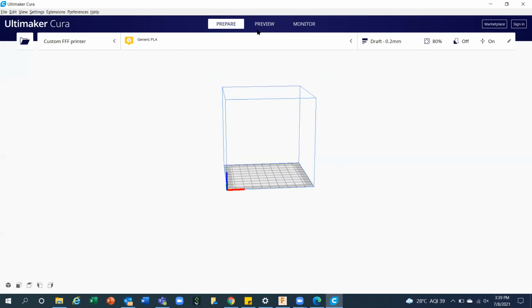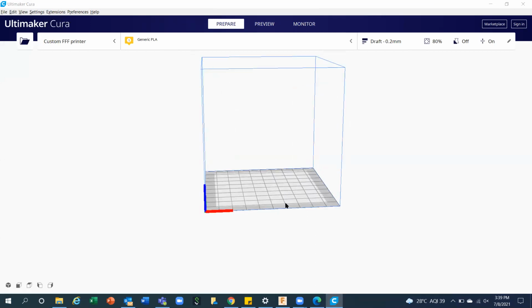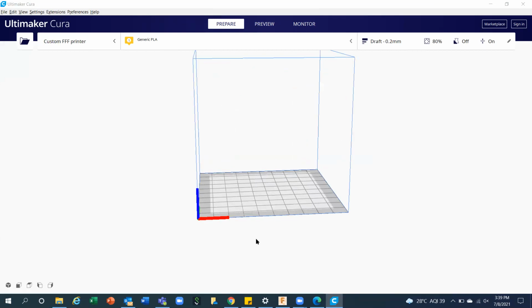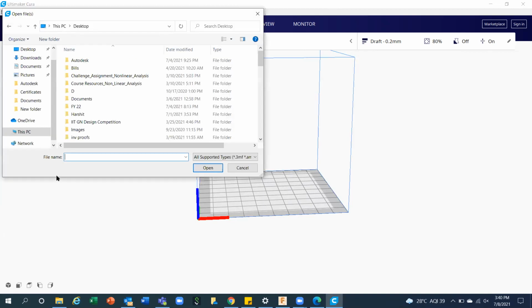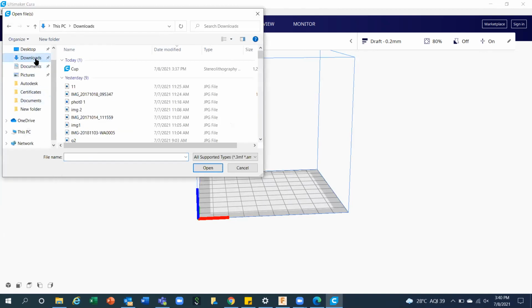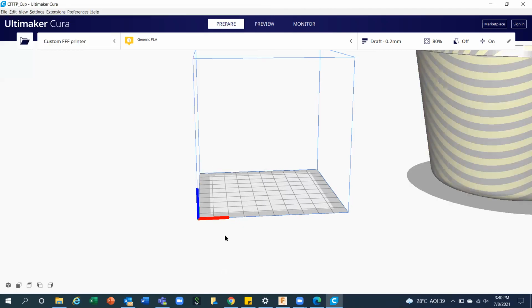You can see the preview. This is actually the printing area. So I need to bring my design here so that I can actually confirm all the settings, and I can see how my layers are getting generated and how I can get it printed. So you can go to file, click to open files. I've already made it and I'm going to open this.